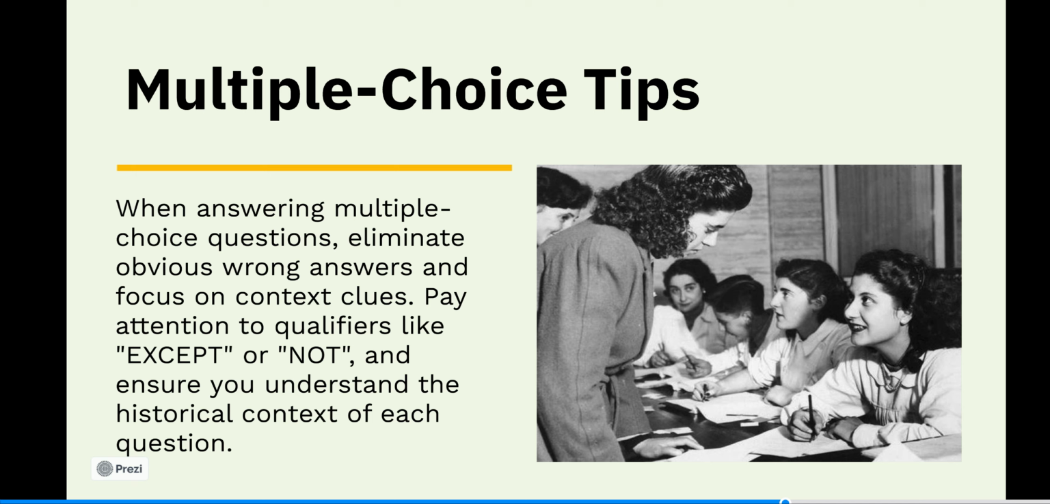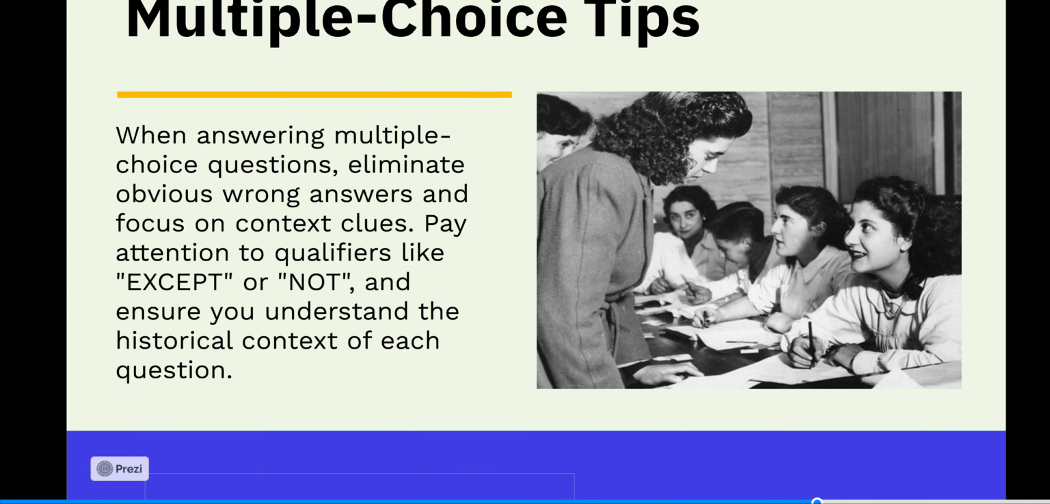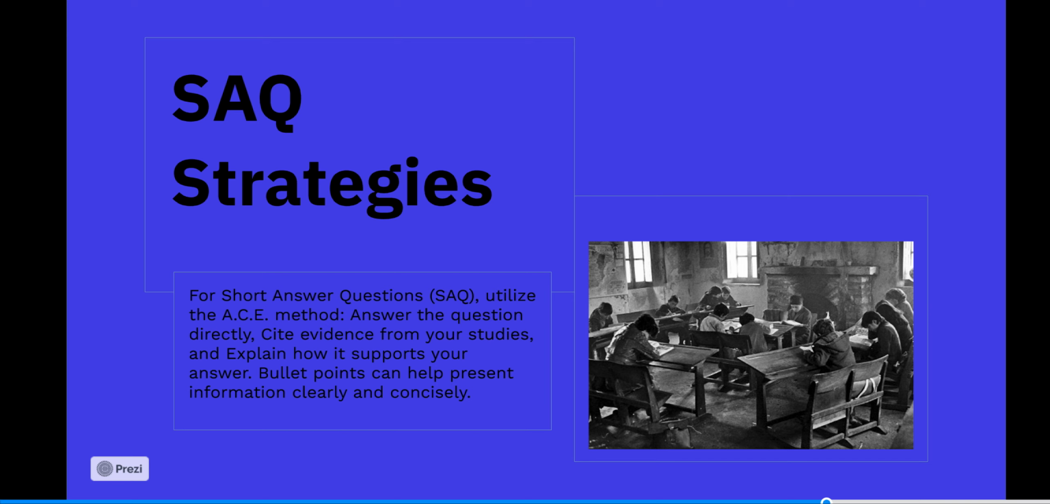Again, you will have 55 questions and 55 minutes to answer them, so you're going to need to move quickly. Your next question type is your short answer questions or your SAQs. Make sure that you're using the ACE method. So the ACE method is you're answering the question, you're citing evidence from your studies, and then you're going to explain how it supports your answer. Bullet points can help you get that information out there concisely, but again, make sure that you're making some sort of assertion or answer to that question, that you're bringing in that historical evidence, and then you're telling